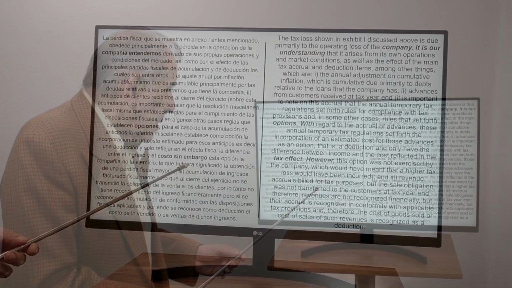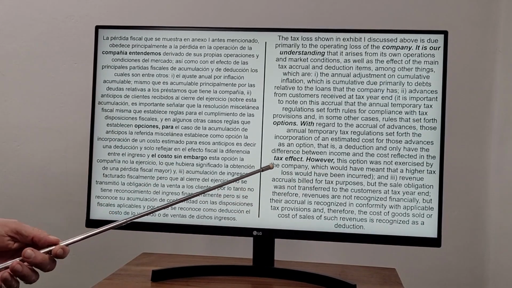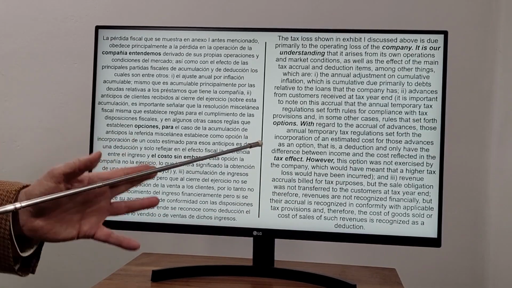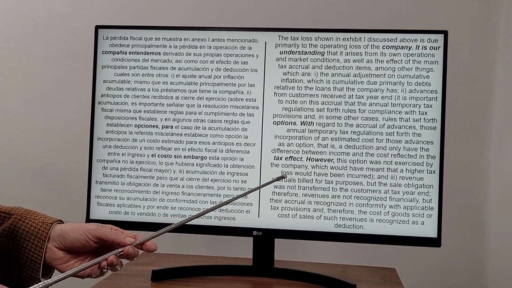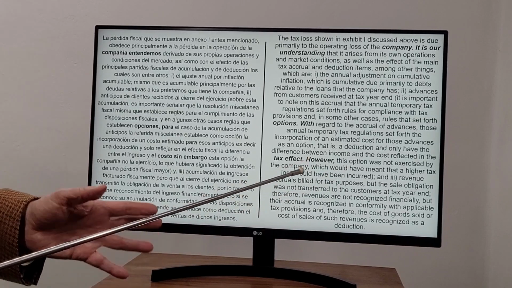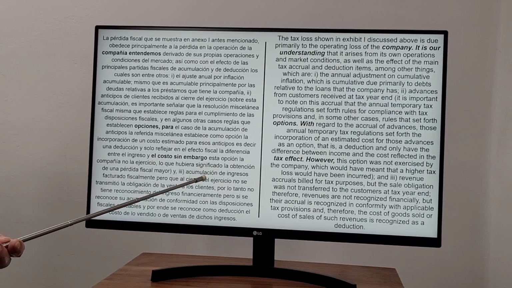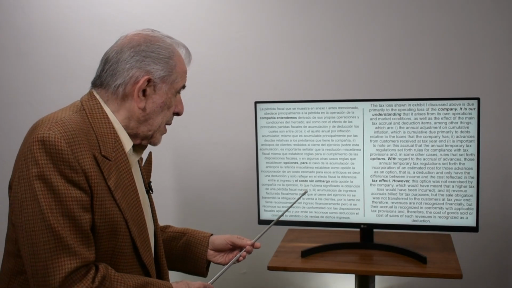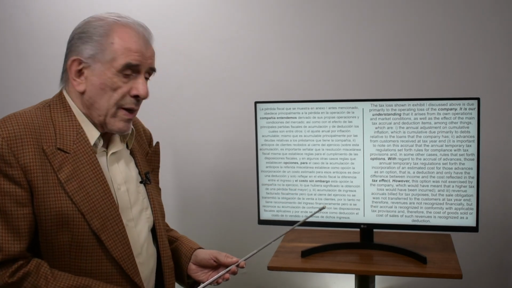So we continue with which would have meant, and then I need the word that, so I can take this periodo fiscal mayor as my subject of this last part. A higher tax loss would have been incurred. I use the past conditional form for the verb form of this converted noun. And we come to the end here of the parentheses. We finally close the parentheses and we move on.